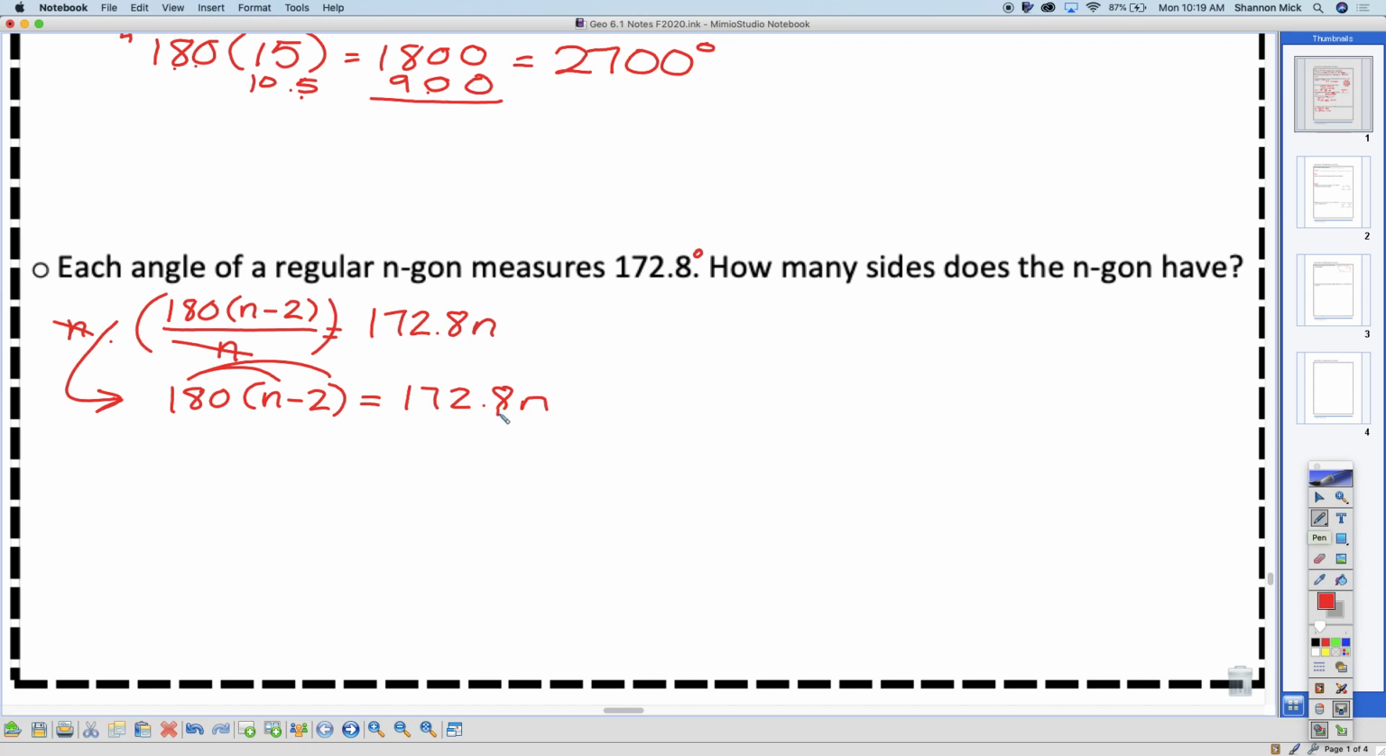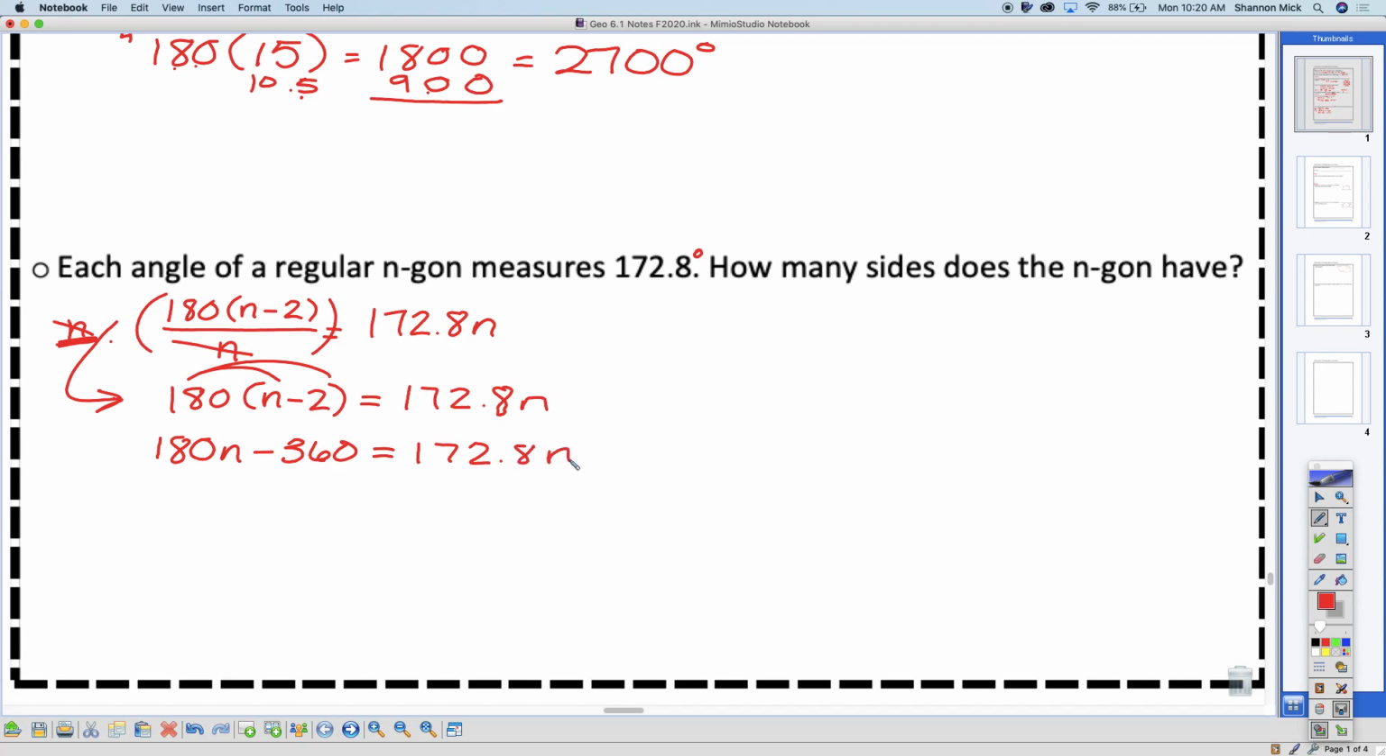Okay. Why did I multiply over by n? Because I had a fraction, yes? I can't work with a fraction, can I? No. So this is 172.8 times n, and I forgot to bring down the n. Did you forget to bring down the n on yours too? So catch me on those things. Okay, so now I'm going to distribute this still, and I have 180n minus 360 equals